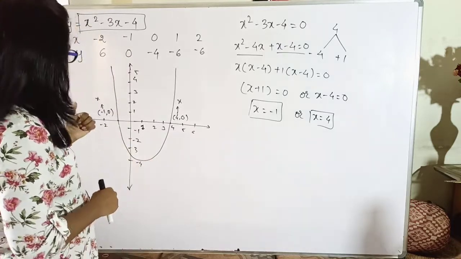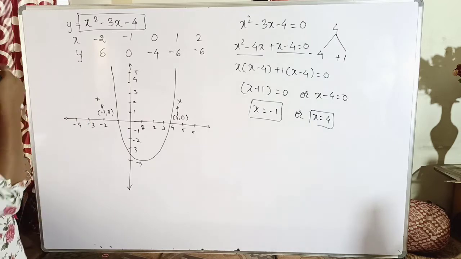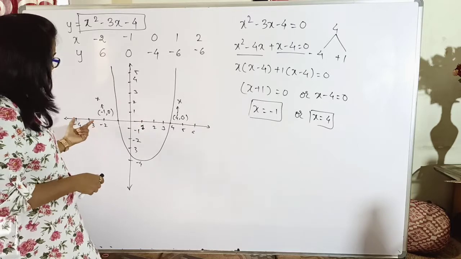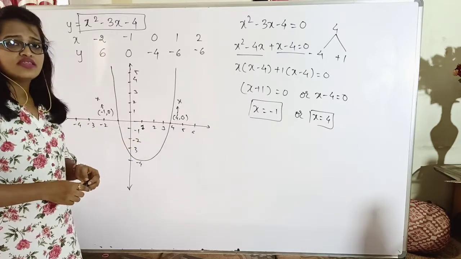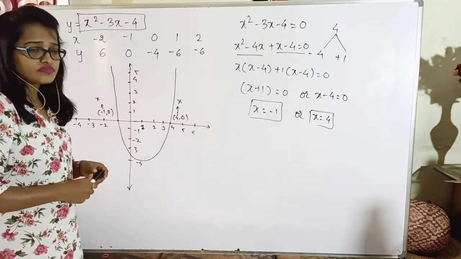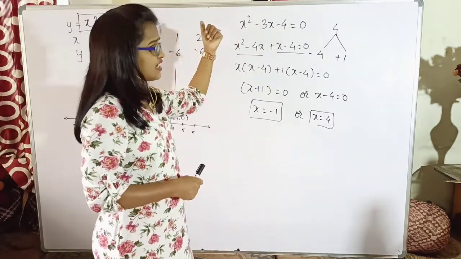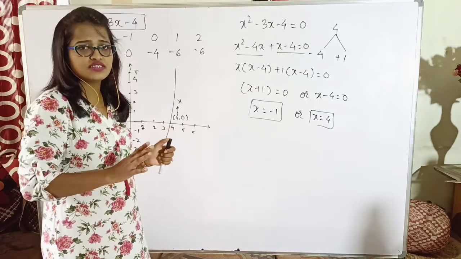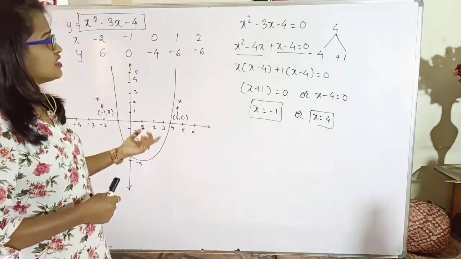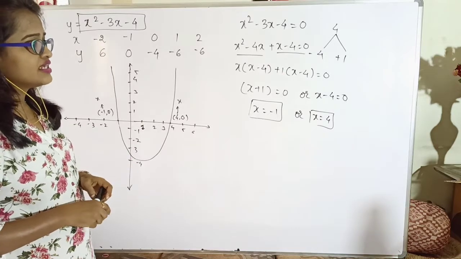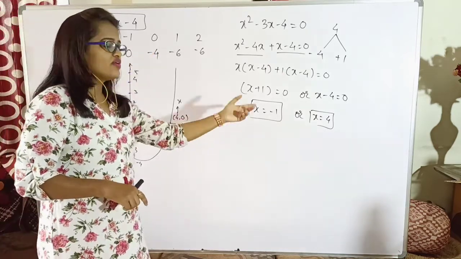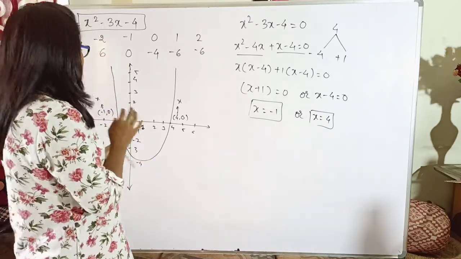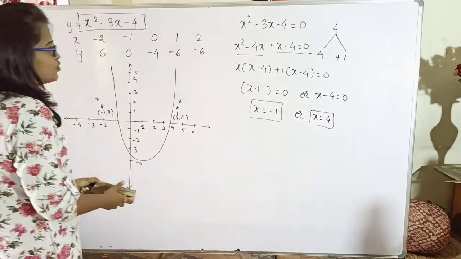Yes, but is the graph of a quadratic polynomial always in this way itself? It means will it always intersect the x-axis at 2 points? Because as we know, a quadratic has degree 2, and whatever is the degree of the equation, that many roots it has. Yes, that we have seen in our previous class. The degree of the equation tells us how many roots it has. Now here, since the degree is 2, so I have got 2 roots. It means will the graph of a quadratic polynomial always intersect the x-axis at 2 points?